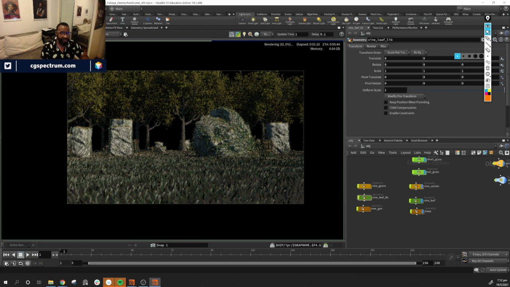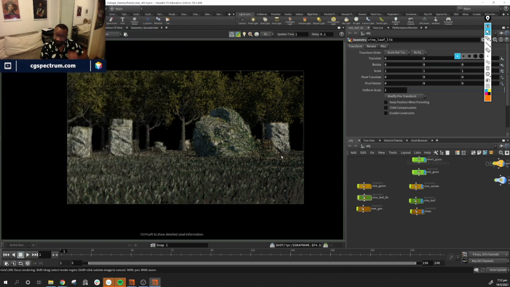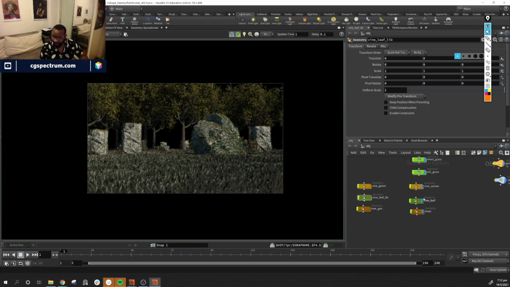So I'm going to stop this. I'm going to move on. So the first thing I want to do is bring my render view back up to half, because I can't really see much detail here. I can just get the overall gist that everything is working. So I think what I'm going to do is make my grass much shorter and much smaller. And then I'm going to add in more of those leafy, fern-type